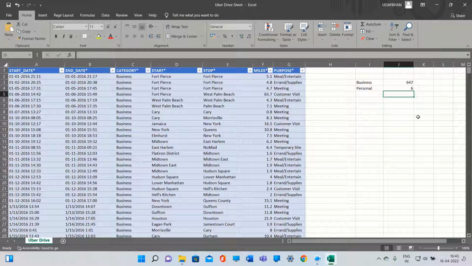It's showing 6. So there are a total of 647 business trips and 6 personal trips. Now we have to find the proportion of these two. So proportion is equal to J3 divided by J4. So this is the answer.